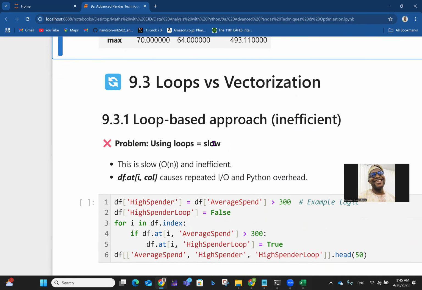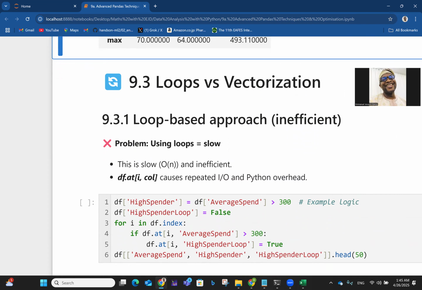Now, in previous videos, we had considered while loops, for loops, and everything. And we talked about iterables too. So you can loop through strings, through lists, through tables, and things like that. But then we come here, and since you are doing something more advanced, we are looking for better ways of doing things, right? So when you look at loops versus vectorization, if you have a loop-based approach